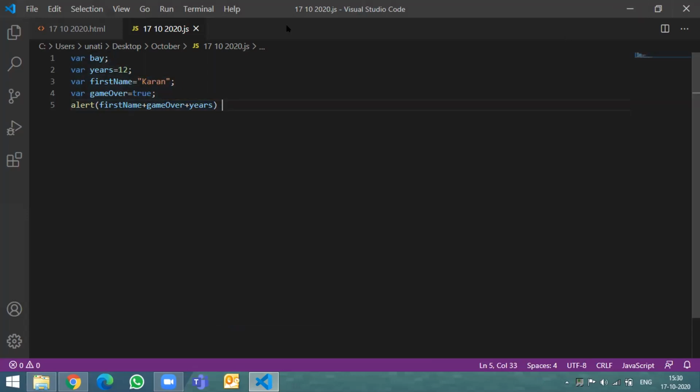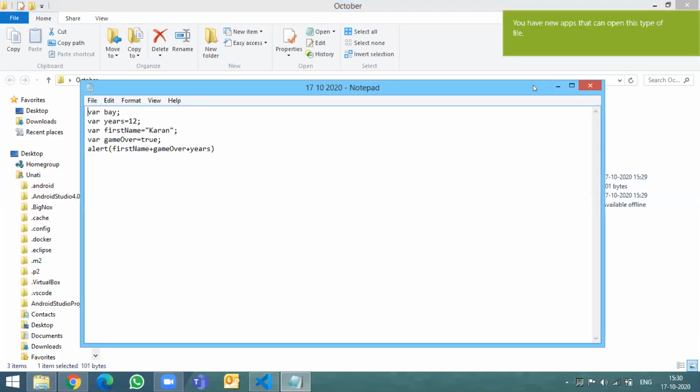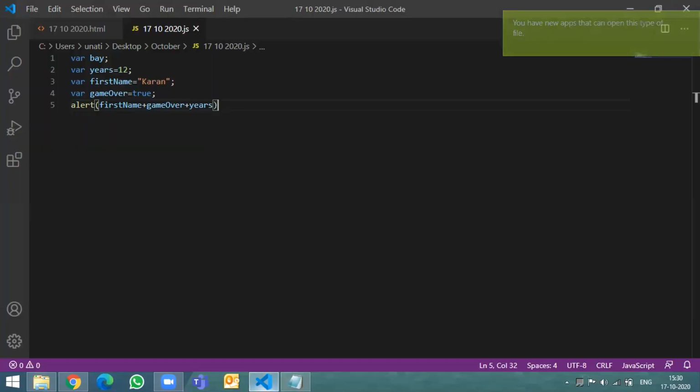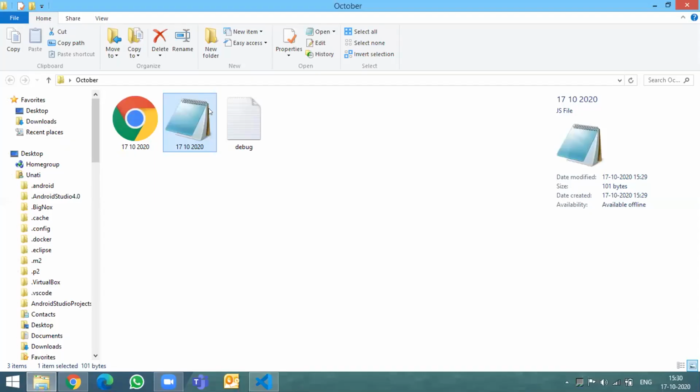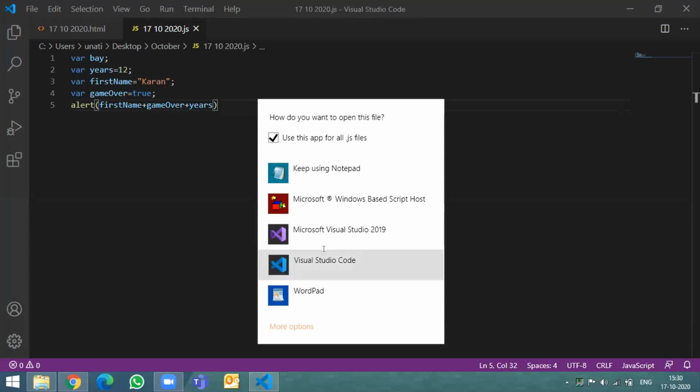The file would have the extension .js instead of .html. Sir, which file name do we have to choose?